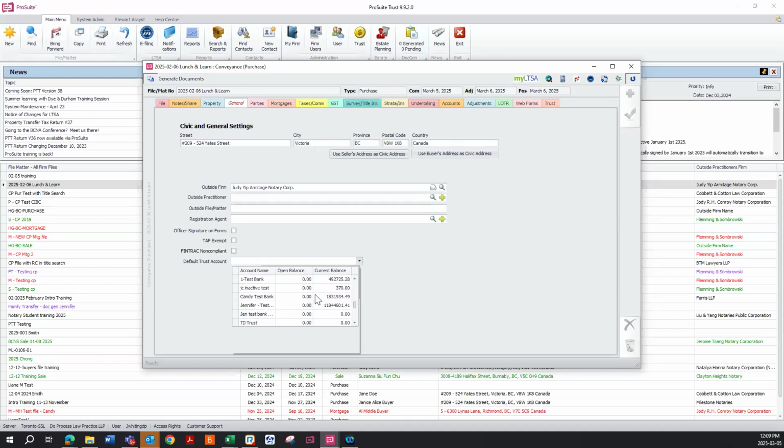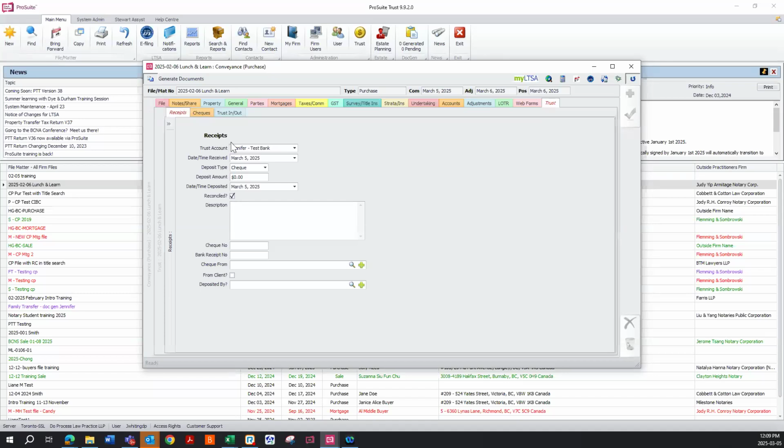It is going to help you with being more accurate, not having to choose the trust account each time. So we default the trust account. And then when we come here, we can see that we have that trust account defaulted. So we no longer need to worry about where we are receiving in funds and where we are requisitioning our checks from. So we can start with our excess deposit,